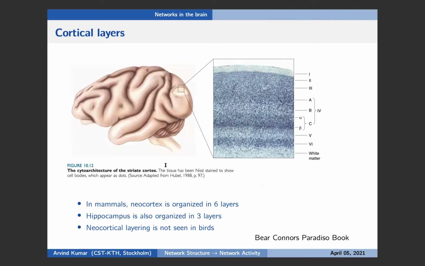At mesoscale in the neocortex, we can also see another kind of organization, and that is that neurons seem to be organized as layers. In mammals, there are 6 layers. In birds, they are not there. So at some point, it was believed that this may be something very crucial for higher cognitive function. But since birds also have cognitive abilities, perhaps the layers are not as special as we might have imagined.